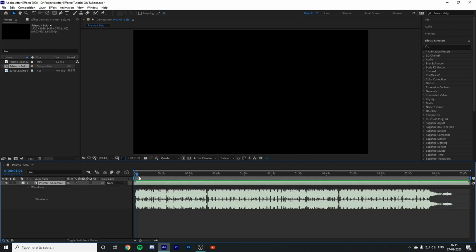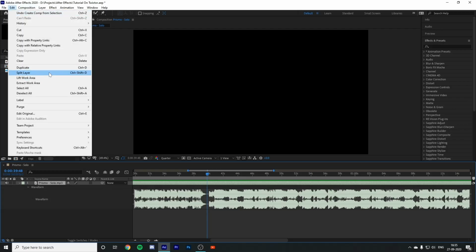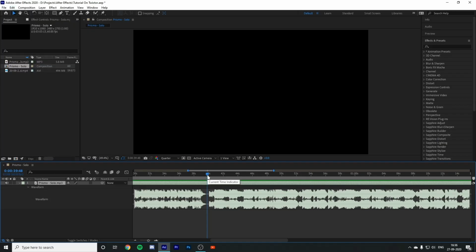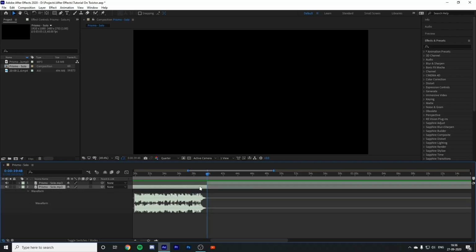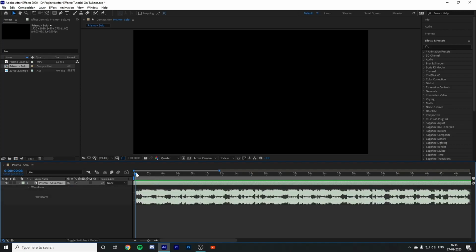Now what I'm gonna do is start my edit from here. So I'll split this. In order to split the track, go to edit and select split layer, or else you can press Ctrl Shift T. And delete this. I'm gonna drag this to the front. Hold Shift guys, by dragging it will place it exactly to the mark. Okay, now double click L and I'll start marking.